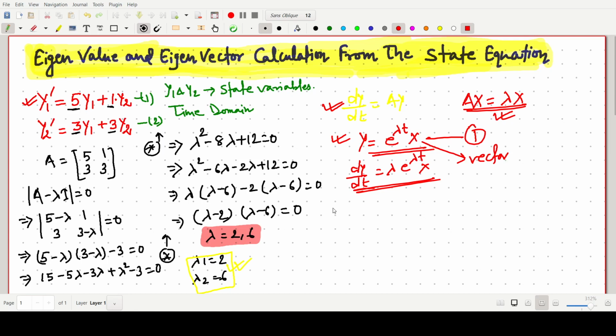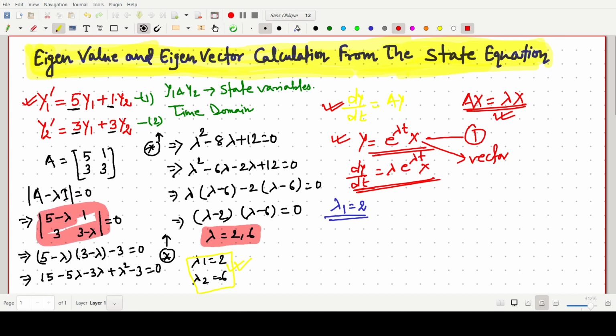Again, in such questions, first we have to find the eigenvalue and the corresponding eigenvector. Now we have to find the eigenvector for lambda 1 equals 2. So we have to focus on this matrix.